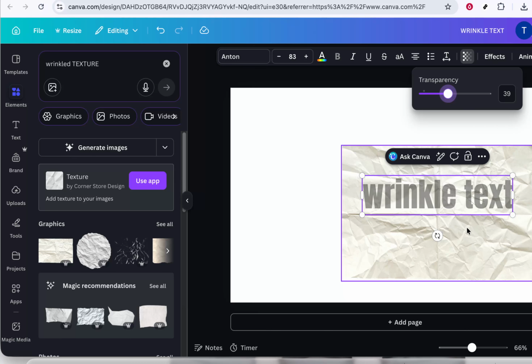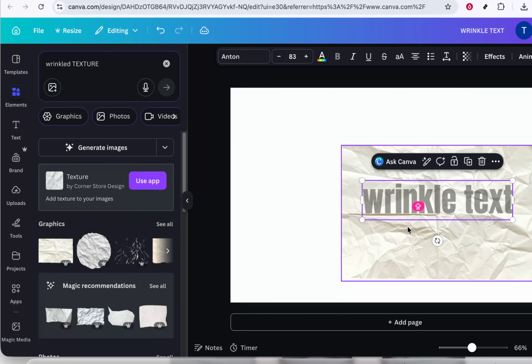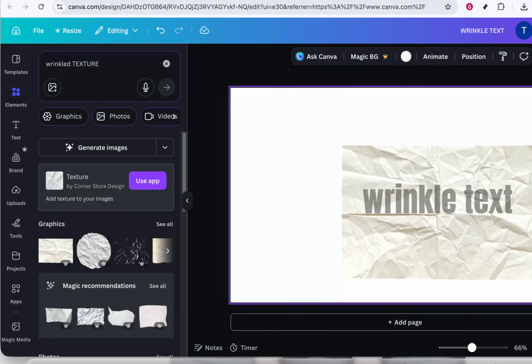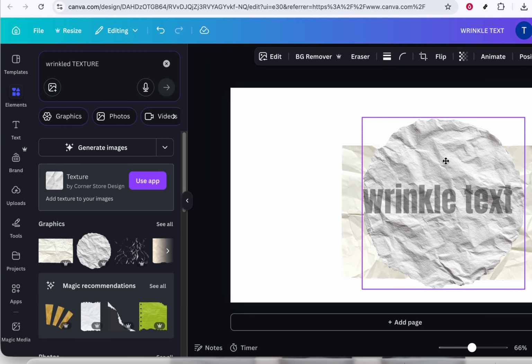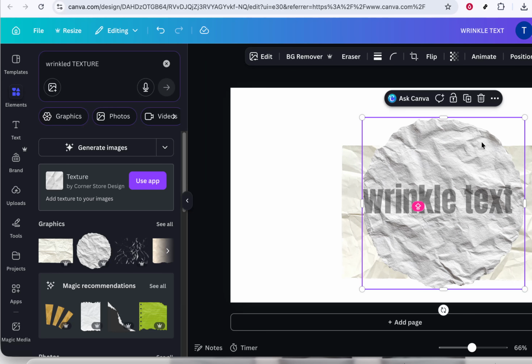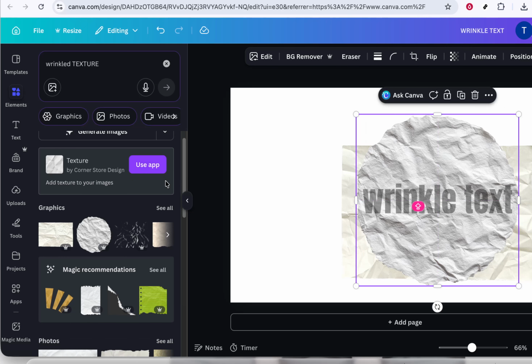With the texture selected, look for the transparency option in the top toolbar. Click on Transparency and use the slider to reduce the opacity of the texture. Lowering the transparency lets your text show through while still keeping the wrinkle details visible. Adjust it until you're happy with the balance between readability and texture. From here, simply follow the on-screen prompts